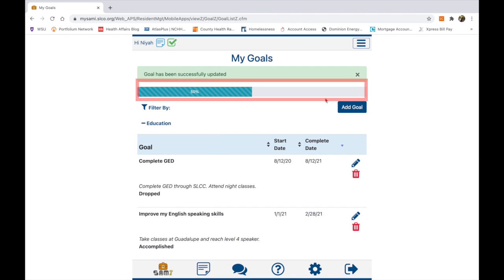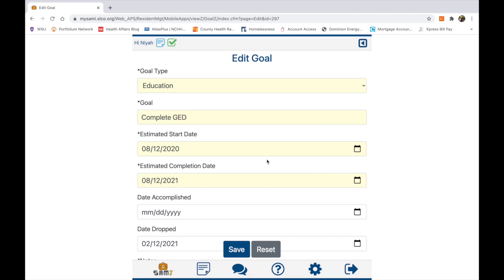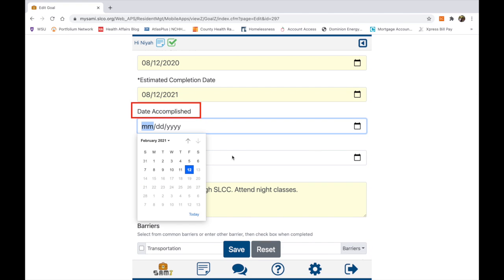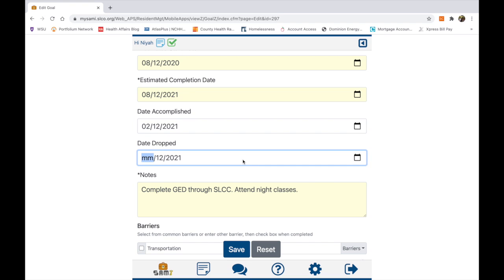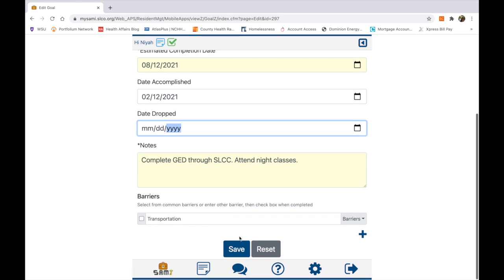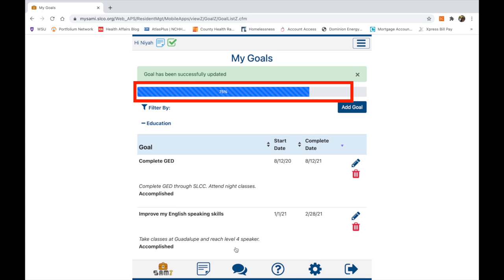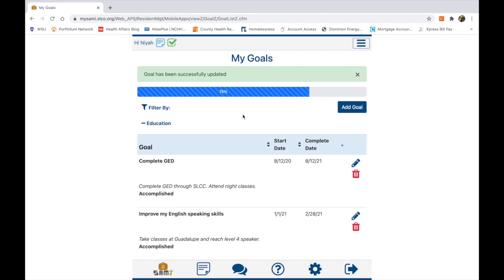Near the top of the screen, the bar is a representation of your goal progress. As you can see, I am currently at 50%, but when I delete or accomplish a goal, the percentage will change. If I decide to drop a goal, it is as if I've never completed the goal and it is still active. But if I accomplish the goal, my progress will increase from 50% to 75%, which means 25% of my goals are still active or dropped, saved for a later time.